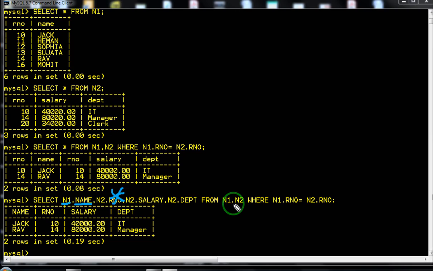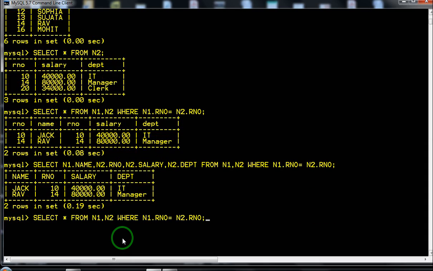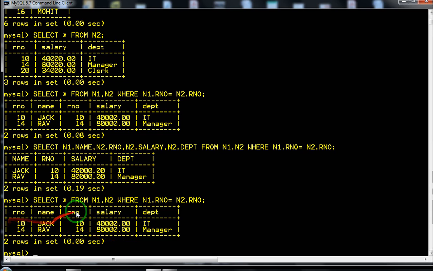In equijoin, as I have already told you, if the fields are identical, identical fields will also be displayed. Like in this case, this was our equijoin. So, you can see roll number is coming 2 times, roll number and roll number, identical fields are coming. In natural join, only one of the identical fields is displayed.